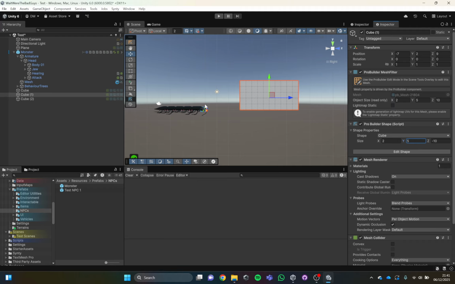Watch loads of tutorials about ProBuilder. You'd search something like ProBuilder 2025, Unity 6 ProBuilder, since that's the version of Unity we're using. It is really useful to get your head around how to use it, because it's a really, really good tool and it makes making levels so much easier. So I'd definitely recommend checking some stuff out. Sorry, this video's not perfect, but let me know if you need